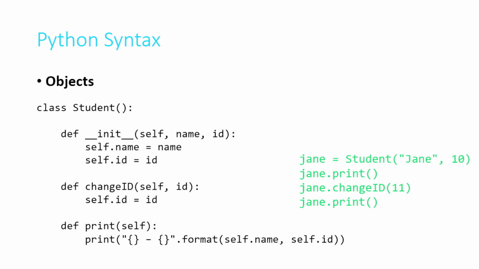If I then printed it out, I would print out Jane space dash space 10. Then if I executed jane.changeID 11, you can probably guess what would happen, because when I then printed again, it would print Jane space dash space 11. So that's just some examples of defining a class, defining methods,